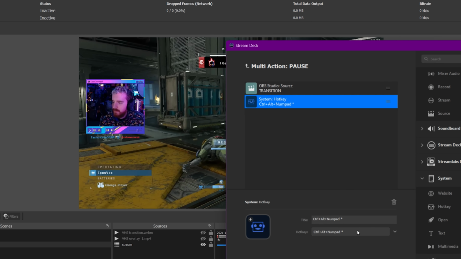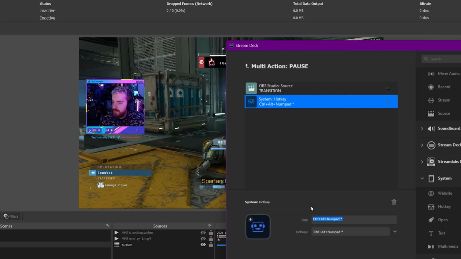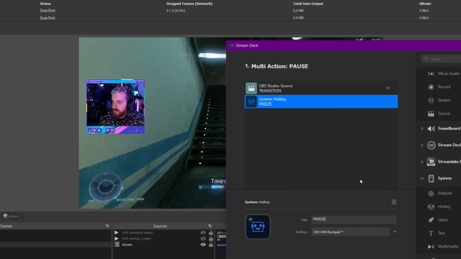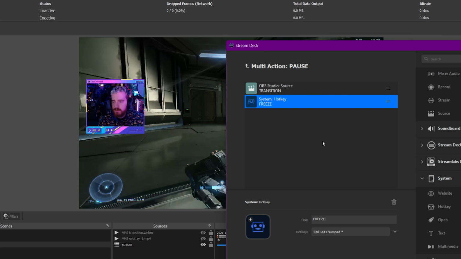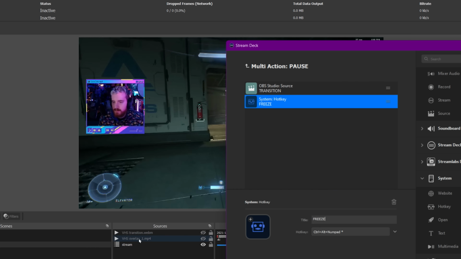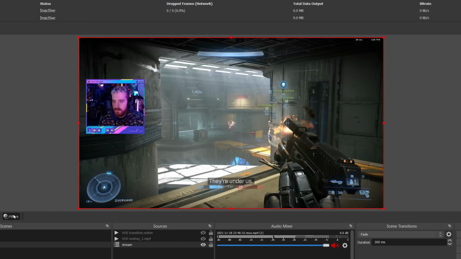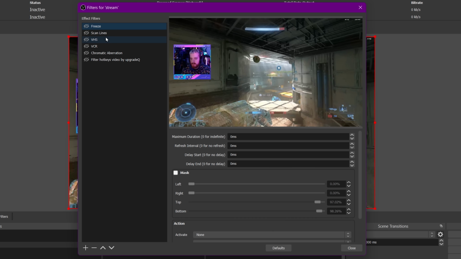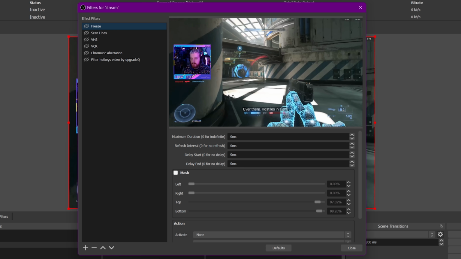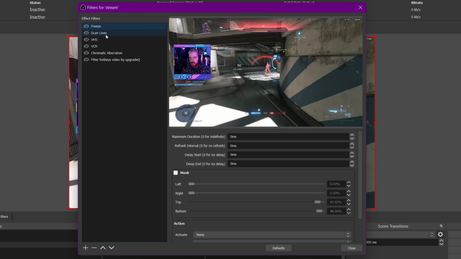So that will turn on. Our title will be freeze, fool. All right. So that'll enable the freeze. And then we want to add all of the shaders that we were working on. So if we pull up, I don't know why I always double click for filters. We want the scan lines, the VCR, and the chromatic aberration. Obviously, you can choose the ones that you want. So that means we need